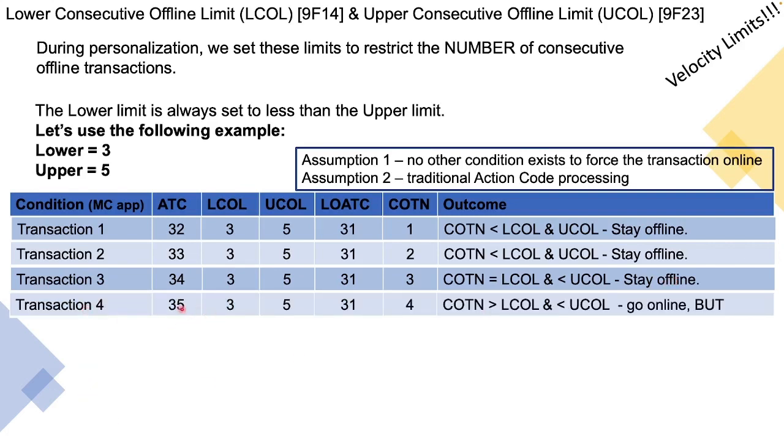Transaction 4, ATC value of 35. We know that the last time the card went online was on transaction 31, but 35 minus 31, now we've got a transaction counter of 4. It's been incrementing over the last few transactions. So is COTN less than 3? No. Is it equal to 3? No. Is it greater than 3? Yes. Is it greater than 5? No. So what this means is